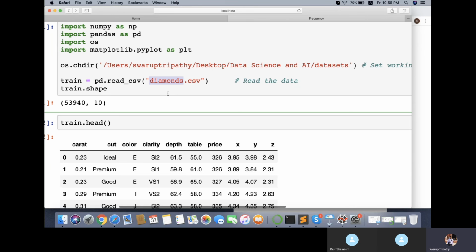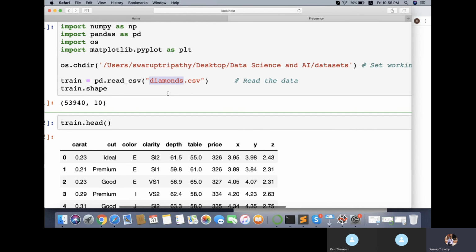Now here, mostly we are not going to do any study on this data, but we are going to take these categorical columns like cut or color or clarity. We can take this categorical data and convert it to a frequency table, which will be useful for our analysis. We cannot take this text value, like cut as ideal or premium, and do a mathematical calculation on that. So we have to convert it to some kind of number. That can be done by using a frequency table.